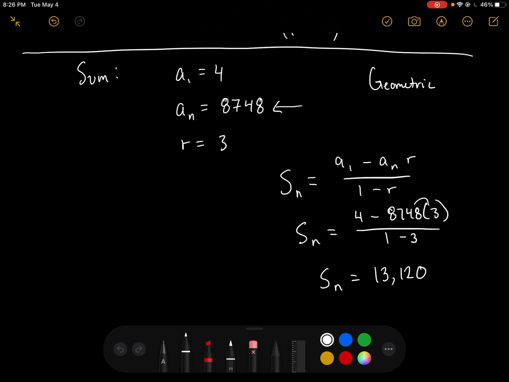And if we do this, punch everything in on top, so multiply here, then subtract, and divide it, we'll get a summation answer of 13,120. So that's our goal as we're working through here, is really to rely pretty closely on the formulas. They're going to be some key guiding steps for us, and they're going to tell us, A, what type of series do we have, but B, beyond what type